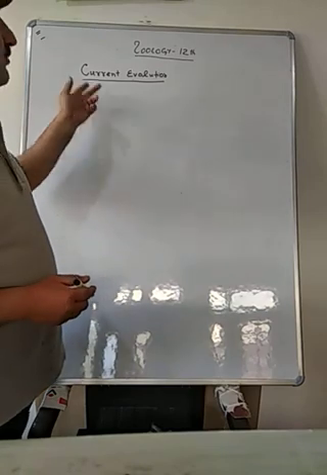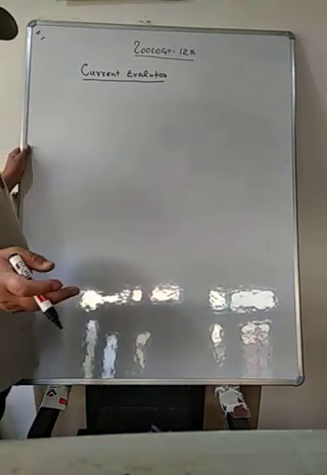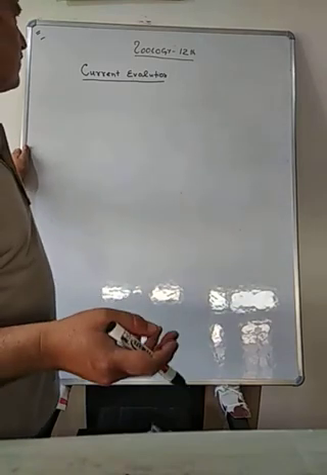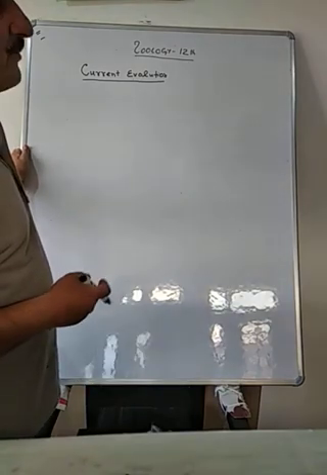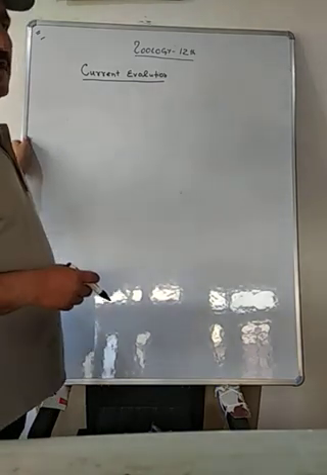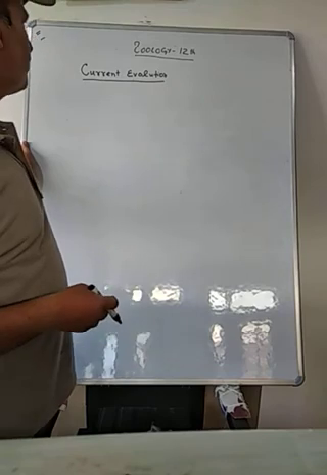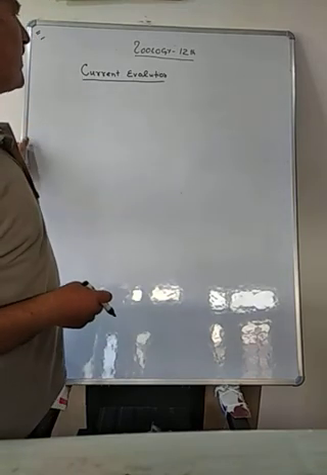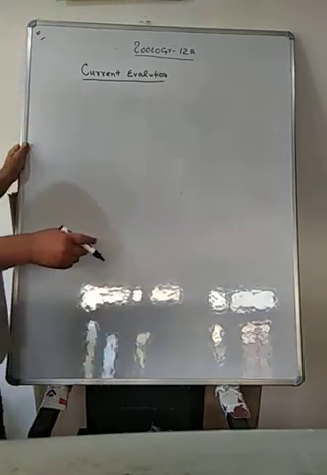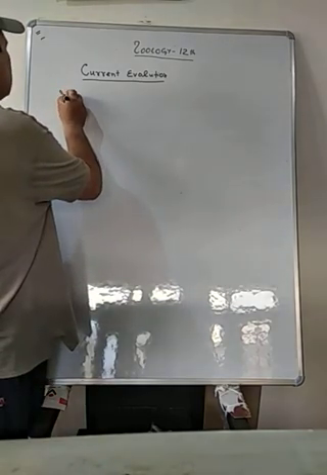I will give you some examples of current evolution today. Since you know that evolution is a long process, it happens gradually, but a type of evolution is there which has happened in recent times, and that evolution is called current evolution. I will give you one example. The best example of current evolution is